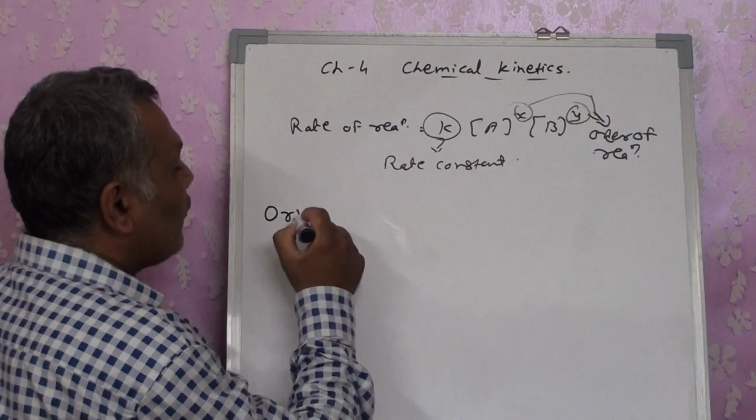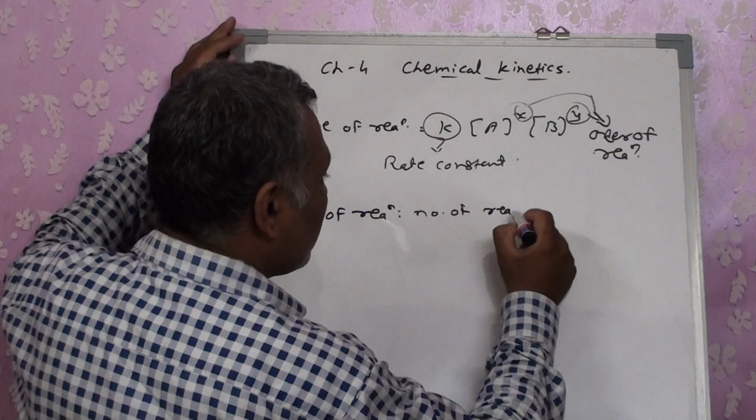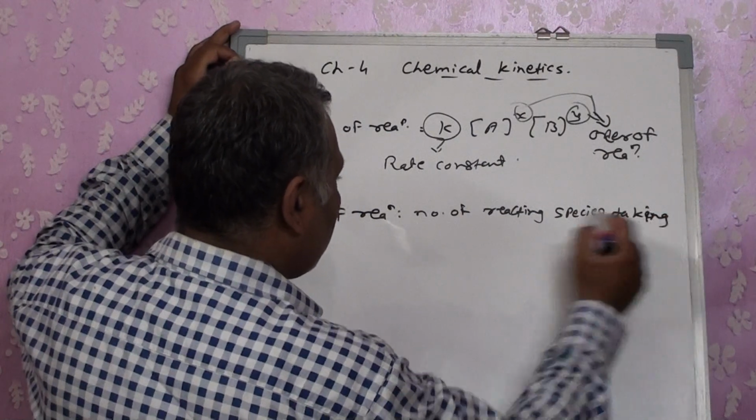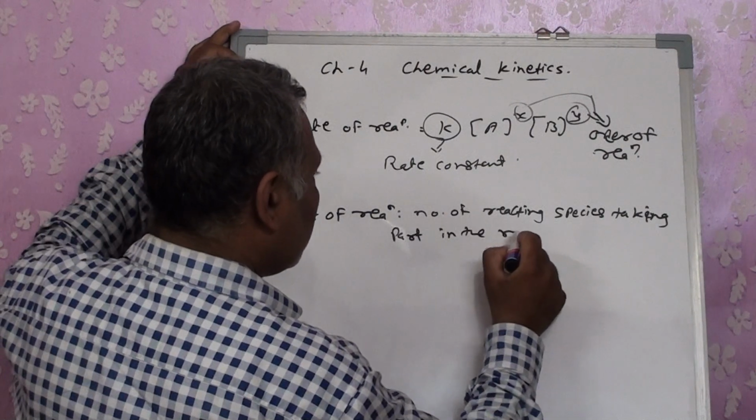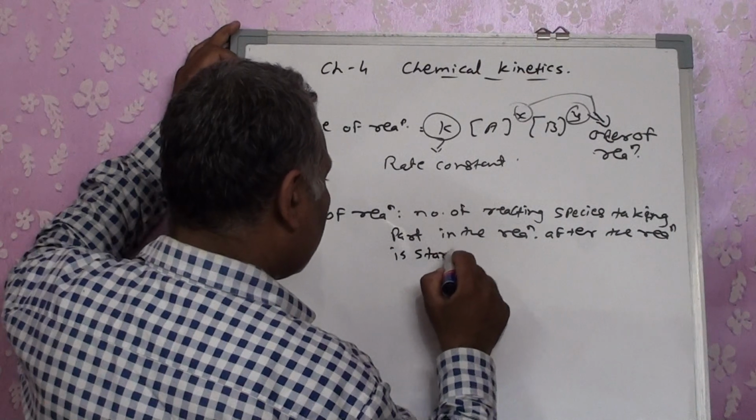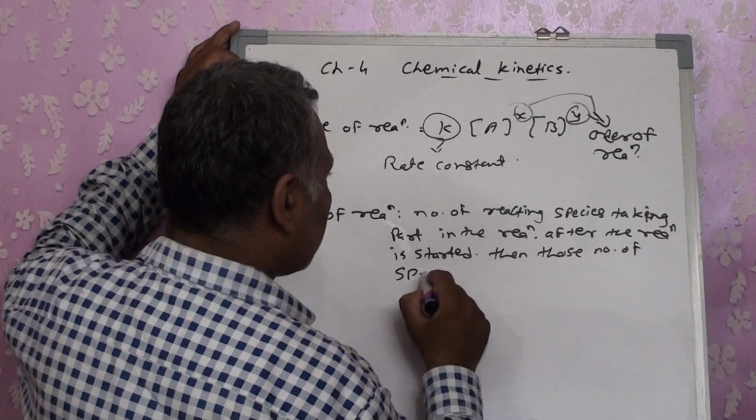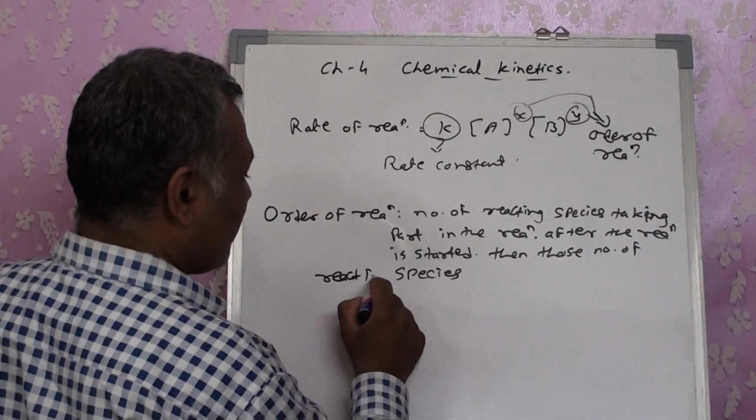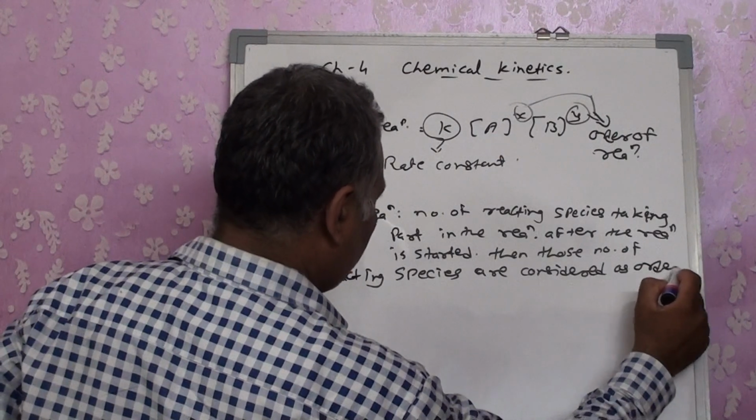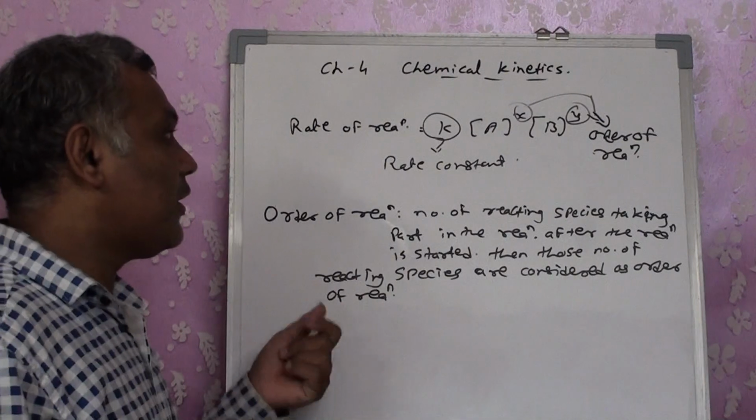So if I want to define order of reaction, I can say that the number of reacting species taking part in the reaction after the reaction has started, those number of reacting species, are considered as the order of reaction. Okay, now in this case, there is a possibility that you can have more than one